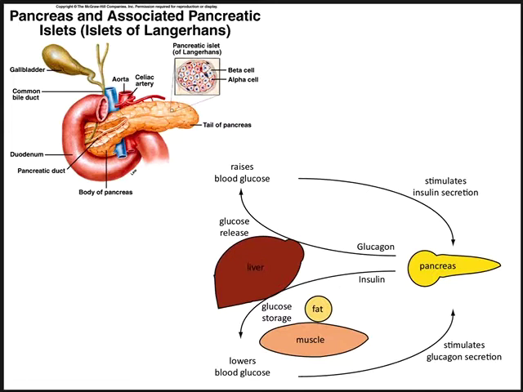But as far as when you don't eat and your glucose levels drop, the only organ that has the ability to release glucose is the liver. And when you have plenty of glucose, then you will store up glucose. It can be transformed into fat, or it can be stored up in the muscle as glycogen. Okay,